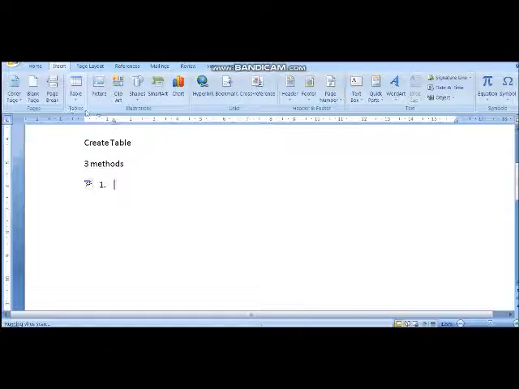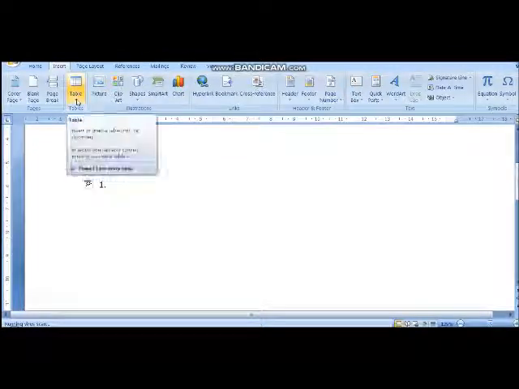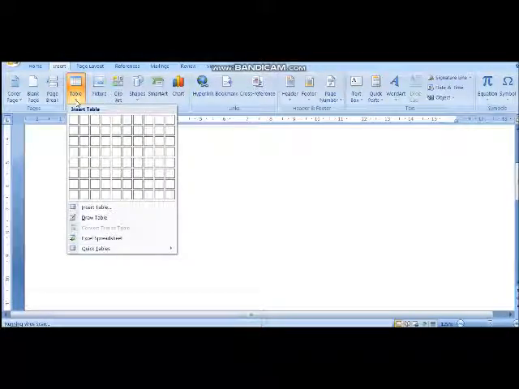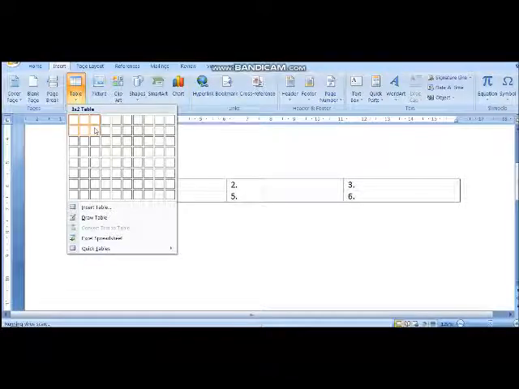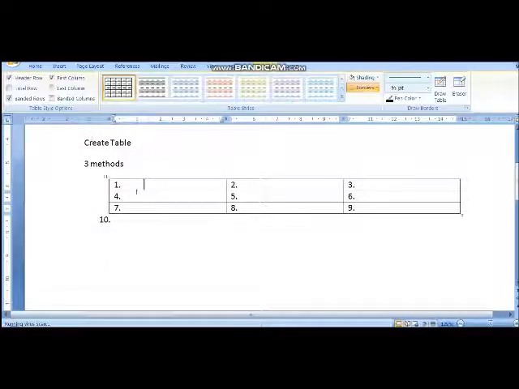Then there is a table group, and you have to click on this table. Now, if you want two columns and three rows, simply click on the two columns or the three columns, and the three rows. What happened? We have given numbers, so the table automatically takes numbers and gives you 1 2 3 4. If you do not want those numbers, now select this table through this icon.